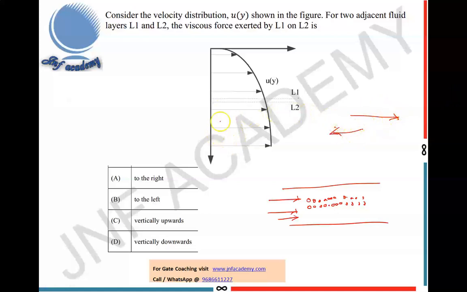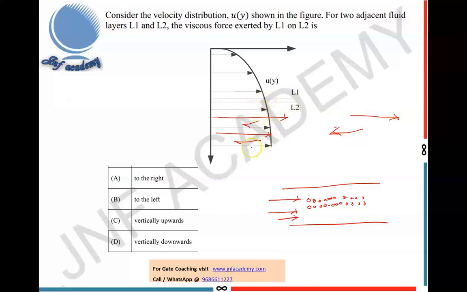Similarly, in this case, the flow is flowing in this direction, so the viscous force will act in the opposite direction, right? So the layer L1 will put the viscous force on the layer L2 in the opposite direction. That's the reason